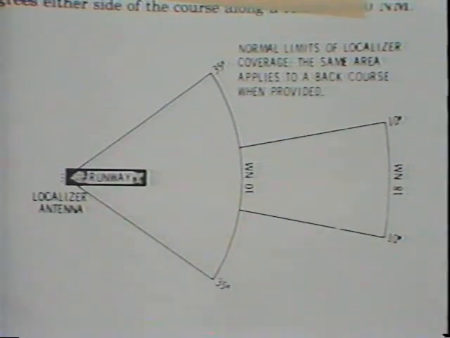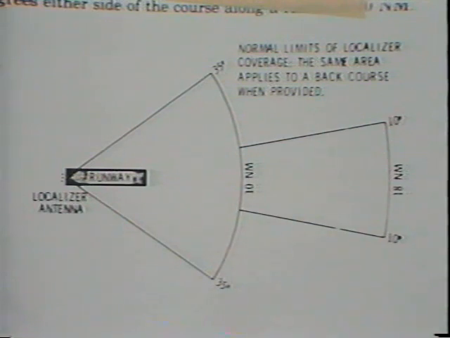At some point, they put in new ILS systems and that particular feature was omitted. So you might find while you're on the downwind here or on the initial segment that you'll get what we might call glitches, and the ILS needle's liable to bounce back and forth from one side to the other. As you can see from this drawing, Jack, you can only get a really good signal from this ILS